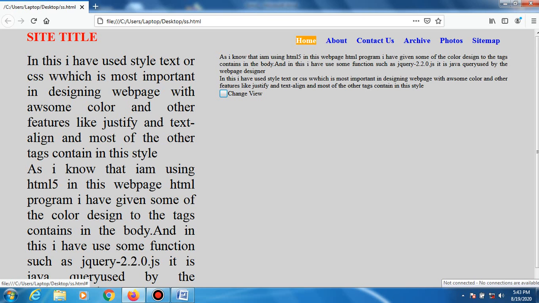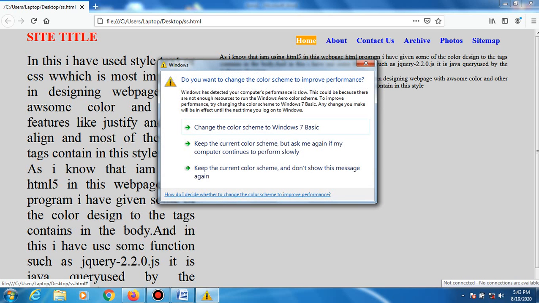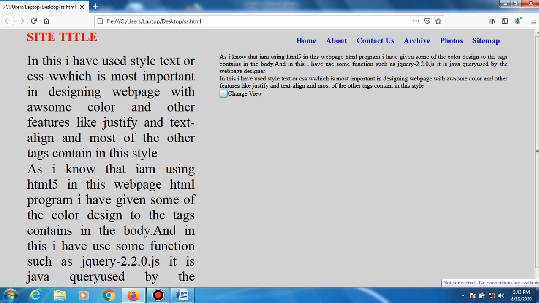And similarly on the left hand side, the size and style of the fonts is different from the right side. Some of the fonts appear in red color, some in blue color, right?